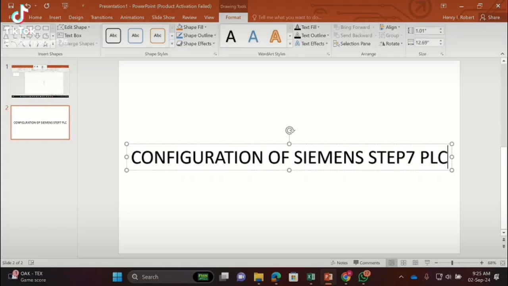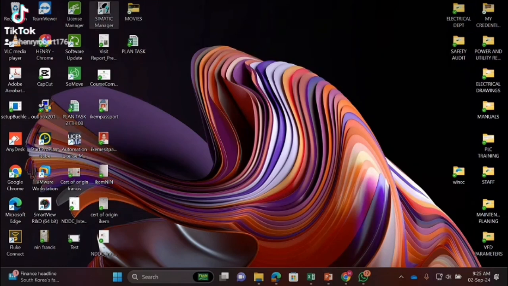Okay, so first and foremost, let's go to the Siemens Simatic Manager environment. You open the Simatic Manager,